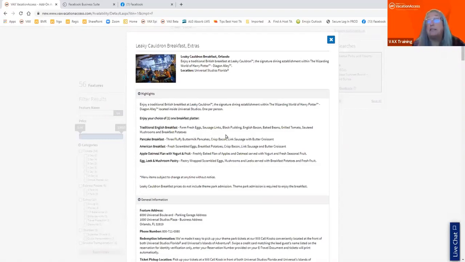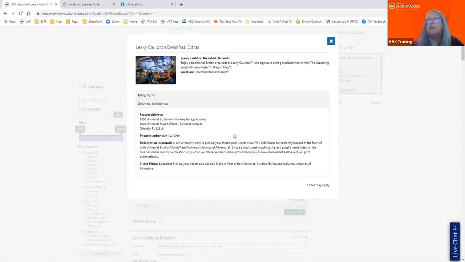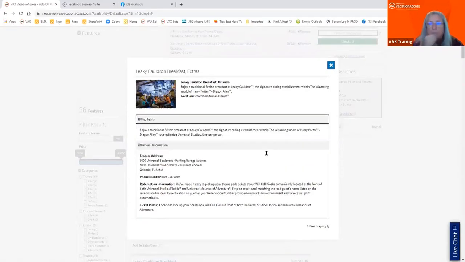In this particular case, if I'm looking at the Leaky Cauldron breakfast, what they're going to get to eat, this is a great description right here. General information often includes whether or not it's cancelable, what kinds of situations there are, where you pick up your tickets, all of that kind of information. So these are great to include as well.